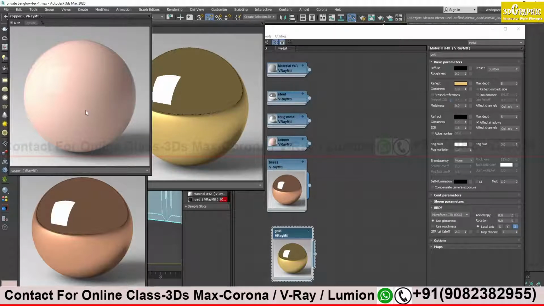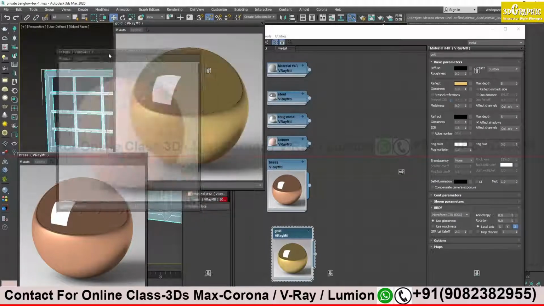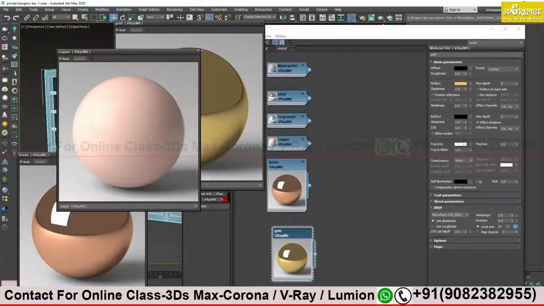This is also good, but I'm not very happy with this kind of copper which Viren has suggested. Because for metal you have to turn off the Fresnel or increase the IOR value very high. Here, with the IOR where I am using gold, if I turn off the Fresnel it will come black. So to get the proper metallic look I have to increase my IOR. Right now I am getting 1.6, so I just have to increase it to get the proper reflection.